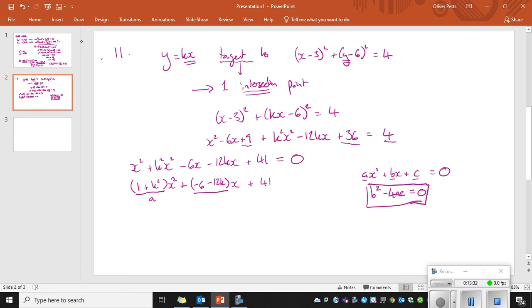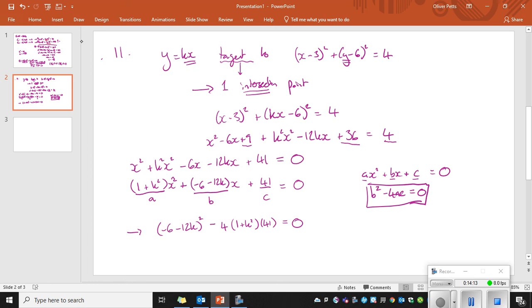Sorry, just to go back, that expression there in front of x is going to be my expression for b. My 41 is going to be my expression for c. And it's all equal to 0, so it's in the right format to now use my discriminant. So going into the discriminant, we're going to have b squared. So in place of b, I'm going to have minus 6 minus 12k, all squared, take away 4 lots of my expression for a, which is 1 plus k squared, and then c, which is 41. And I need that to equal 0